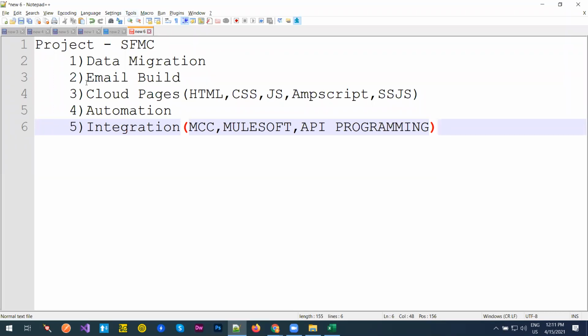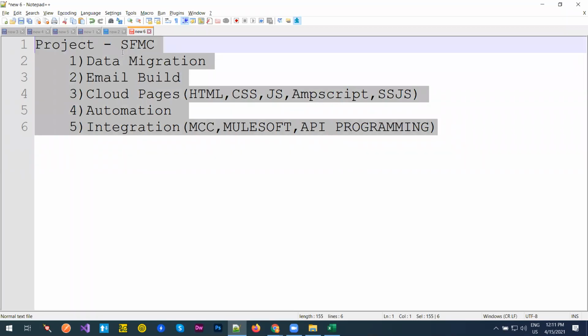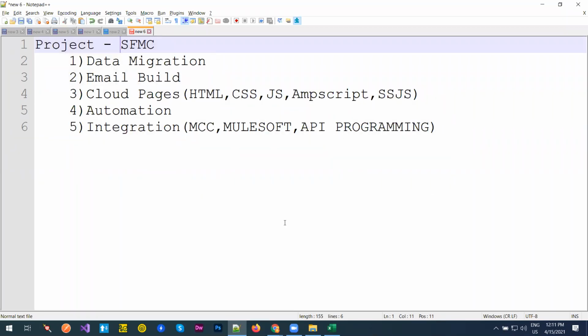Good. So now I have received somewhere around email build. This email build is forcing me to learn Photoshop and Dreamweaver. So I have to learn it if I want to build. This is the gray area. I have never worked much on email build where I have done the scratch coding. So keeping these different sectors, how does a project work? That is the general cycle that you people have to know.